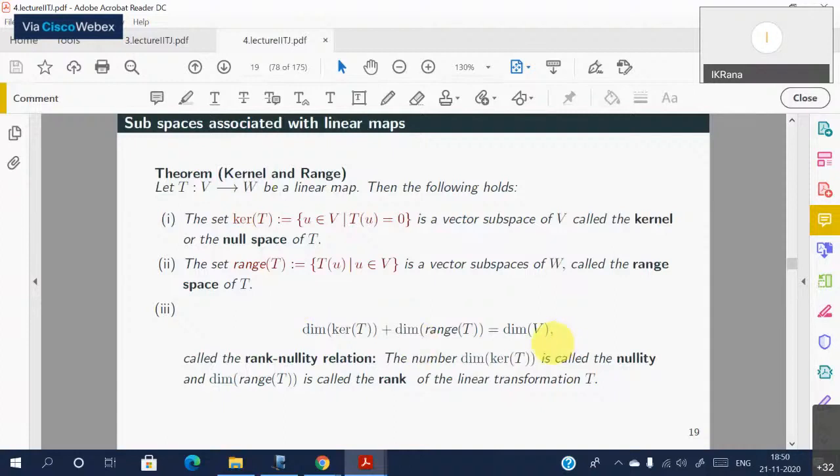Its idea is very simple. You take a basis of the kernel space, its dimension is equal to, say, r, take a basis of it, extend it to a basis of the whole of V, go to the image, the kernel elements will be killed, and what is left is a basis of the range. So that is how you prove this. So let me skip the proof anyway, because it is normally done, and I have given you an idea of the proof. Okay.